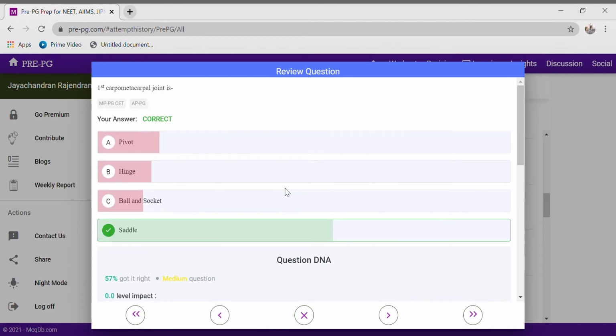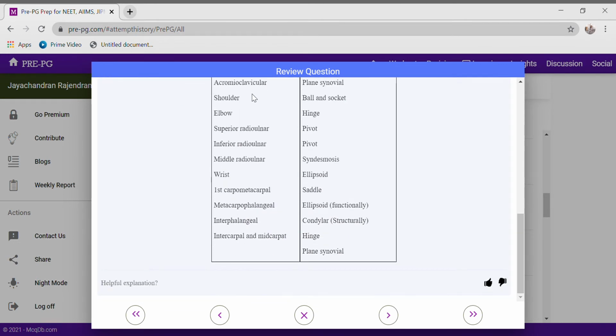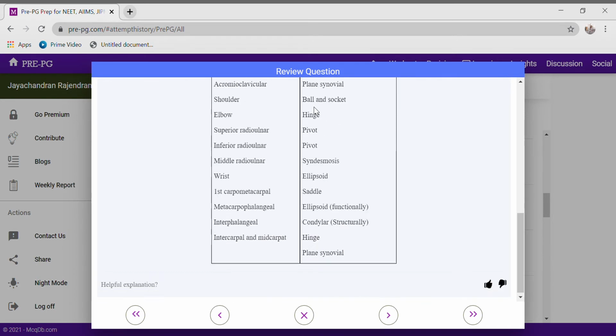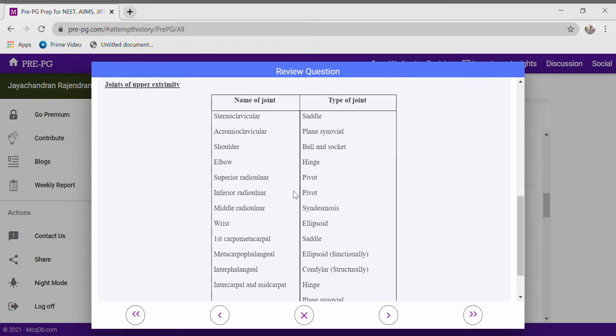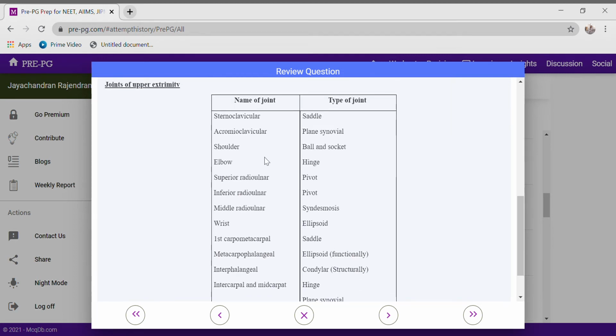So next, what kind of joint is the first carpometacarpal joint? It is a saddle variety. Even after remembering that, we should remember all these things to answer the other MCQs coming from the joints. So let us see this and I'll relate it. The sternoclavicular joint, between the sternum and the clavicle, is a saddle joint. You can remember by yes, yes, so both start with yes. Acromioclavicular: the acromion process of the scapula and the clavicle get joined together. It's a plane kind of joint. So AP, like Andhra Pradesh, you can remember.